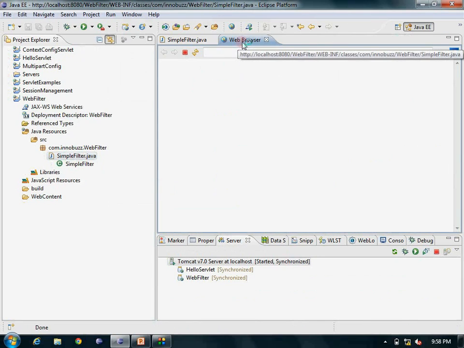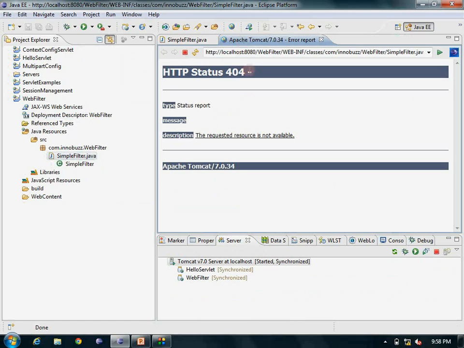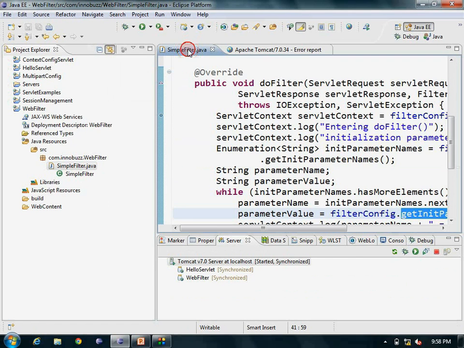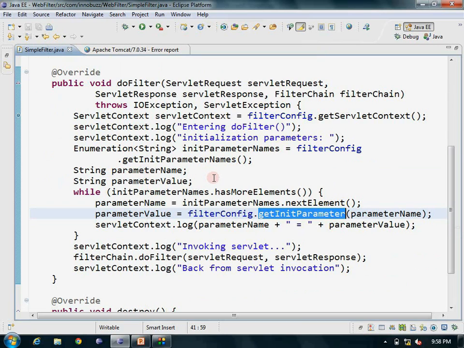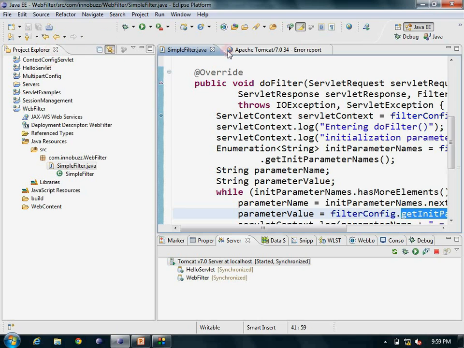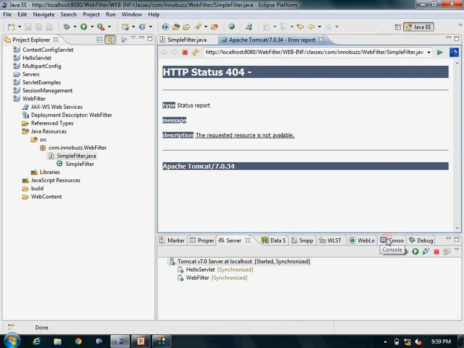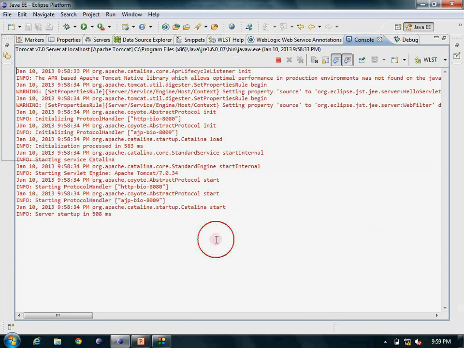in the web browser you can see here it doesn't show anything. If you remember, in the simple filter we are not doing any out.println statement, or we are not printing anything in HTML. We are just logging in the console. So all these log statements will come into the console, and we are not printing anything to the HTML. Therefore here we won't get anything, whereas in the console if we see whatever is logged, we can see here